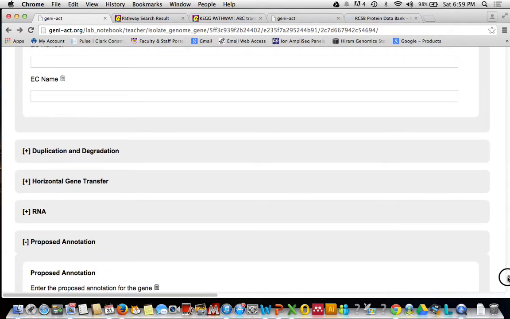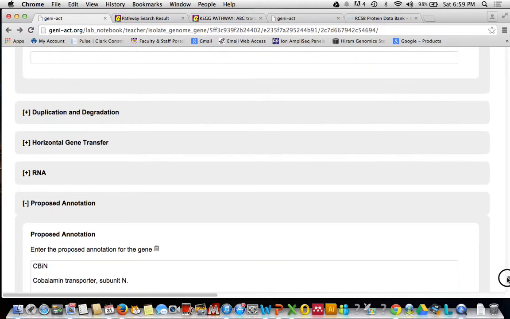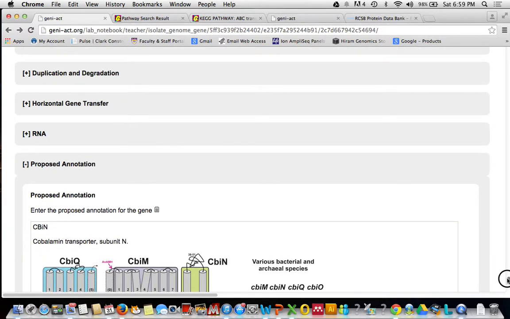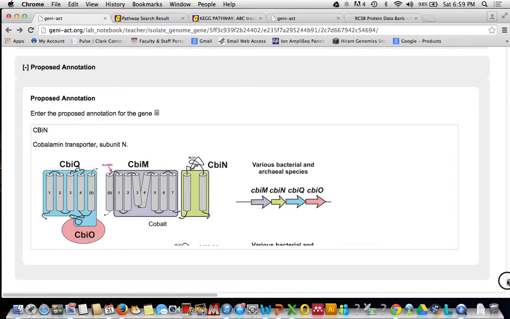We don't need metapsych or EC number, so the only thing to do now is enter our proposed annotation for the gene. From all the evidence, what we found was it had 2 transmembrane helices. There was a large extracellular loop and small intracellular regions. It transports cobalt, so basically our gene is a cobalt transporter,